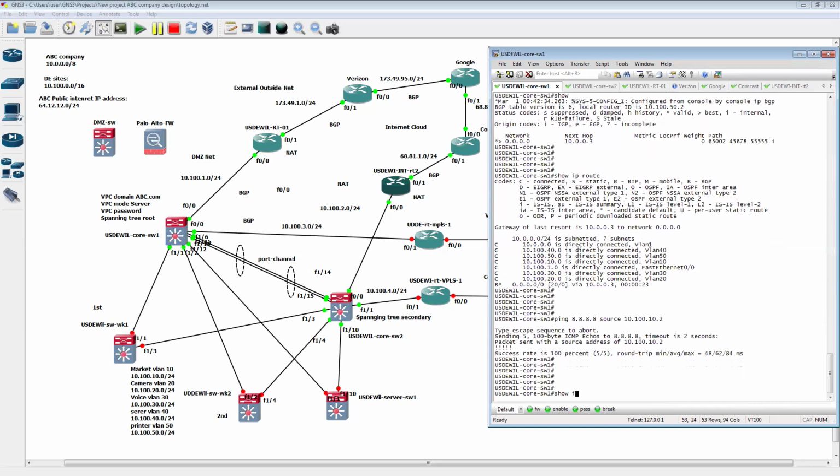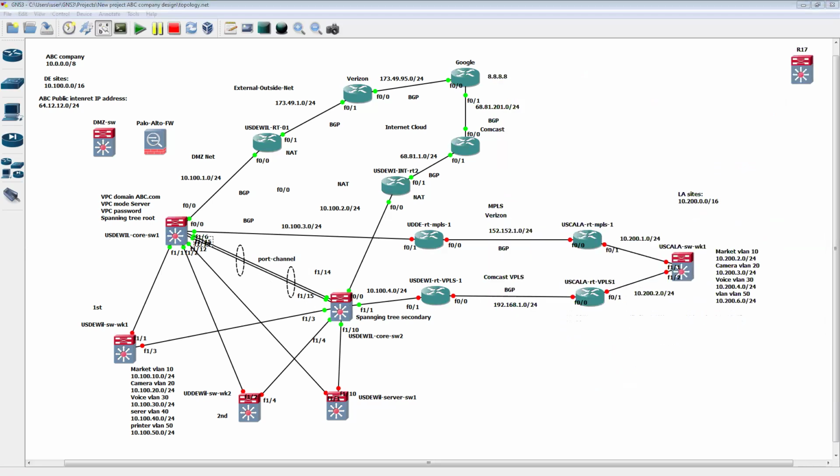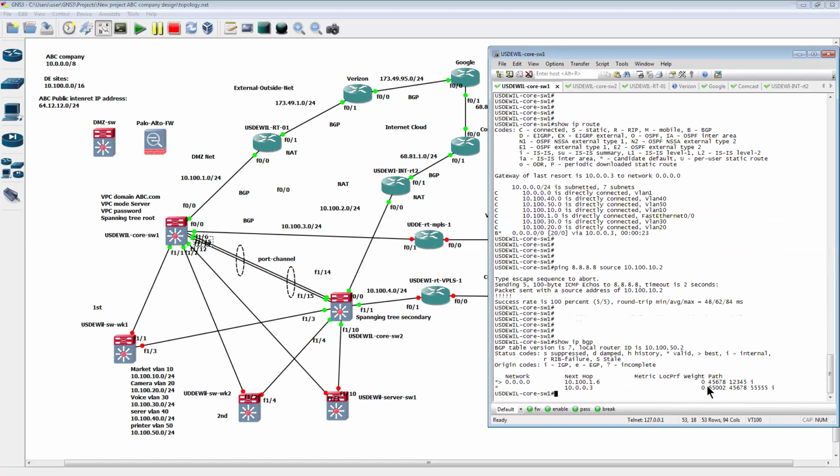When we show IP BGP again, you see, now we have 2 paths. When Core Switch 1 receives the default route, look at the AS path in here. This is a 3 path, you see, 1, 2, 3, okay? Here it's just 1, 2. That means Core Switch 1 prefers the automatic switch back to Verizon, because we have a shorter path. You see it? So now the Core Switch